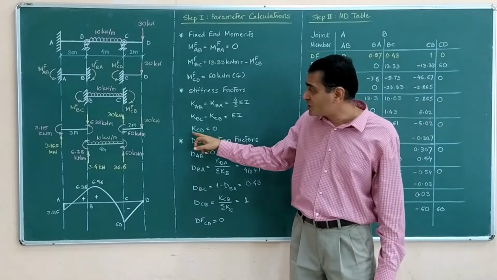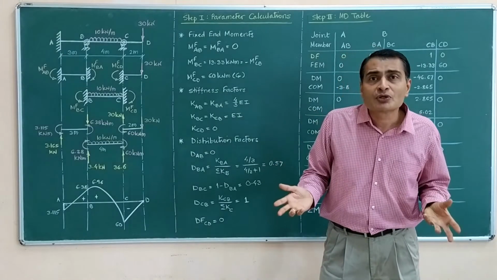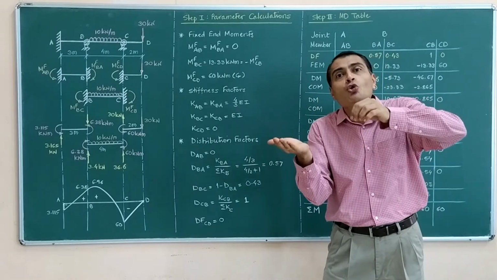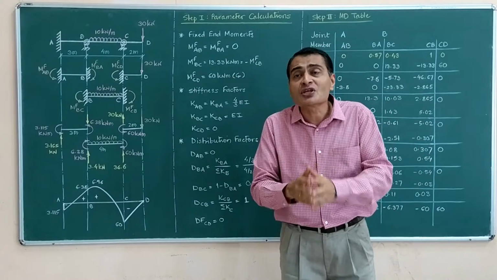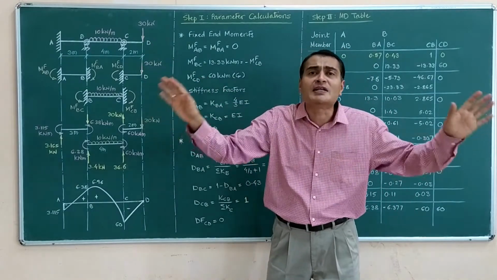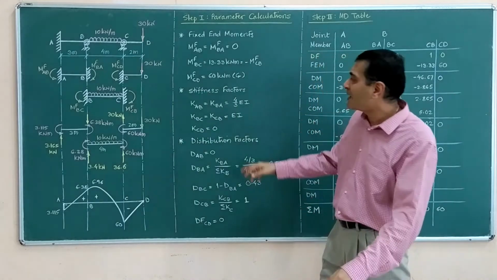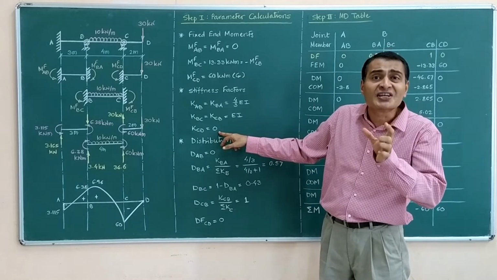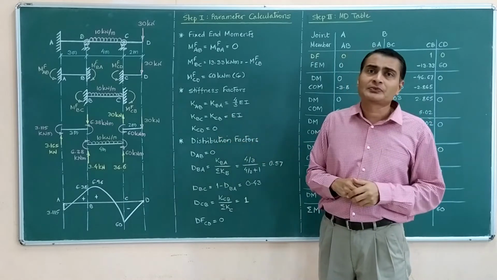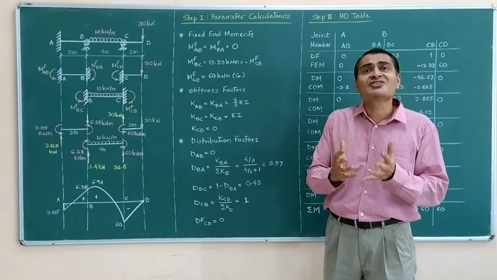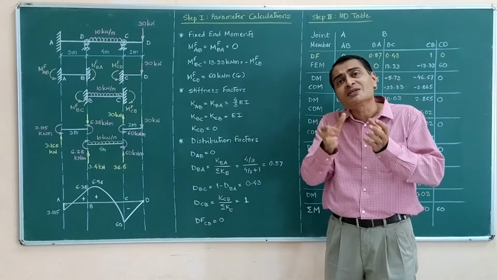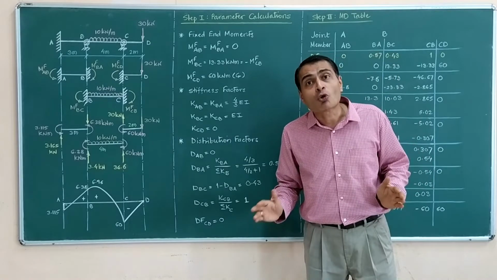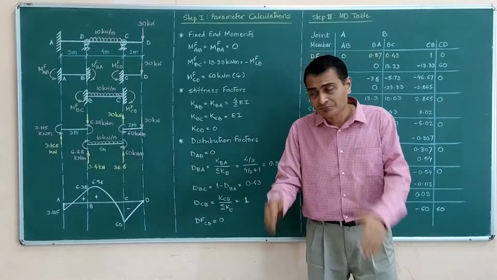Most importantly, stiffness CD, far end is free. So if I try to rotate that portion, it will simply undergo rotation. There is not going to be offered any resistance because the other end is completely free. So if that is the case, I have written stiffness of portion CD. Isolated portion CD's stiffness is 0. It is not going to have any resistance to the moment. If I apply the moment, it will simply undergo rotation. That is the logic behind it, the far end being free, overhanging portion like a cantilever beam.